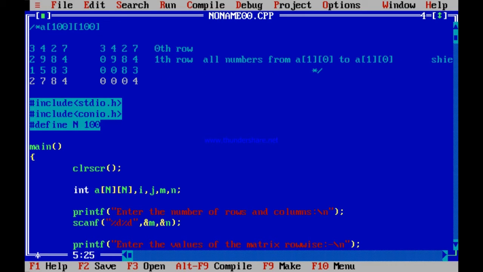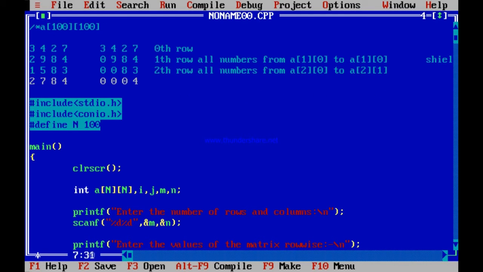Similarly, you check out this 2nd row. All numbers from A20. Which one is A20? This number is A20. From A20 to A21.